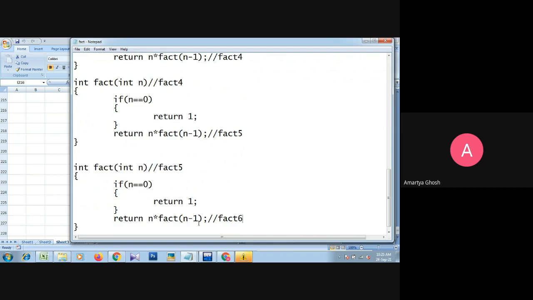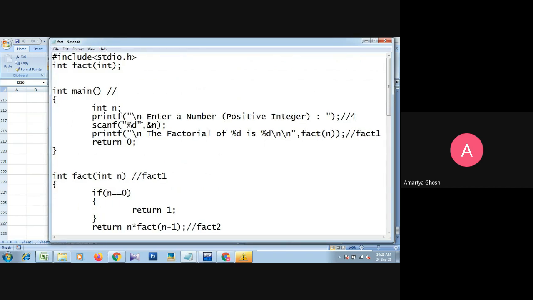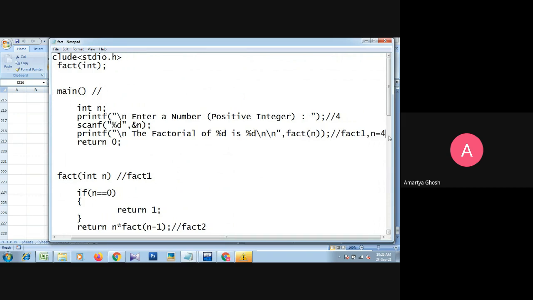Okay. So now I just go and see, when the user gives the value, suppose 4. Okay. So the user will give the value 4, and that should be stored into n, so that in the fact 1 function we send the value, that is n equals 4, is not it?